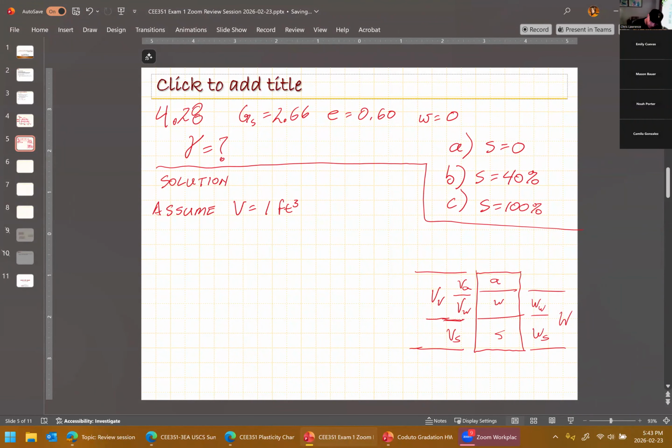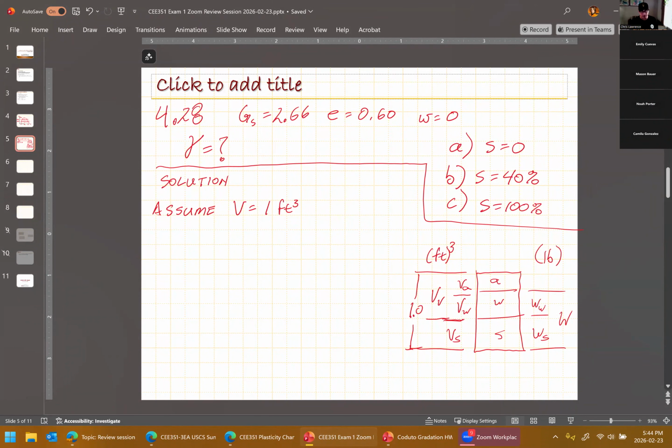If this is cubic feet, I have 1.0 cubic feet of soil. And over here, let's do pounds. Okay? So from there, you can start to move forward. All right? I don't know if I'm going to do this with real numbers, but from that point, knowing that I have 1 cubic foot of soil and I have a certain void ratio, and a certain